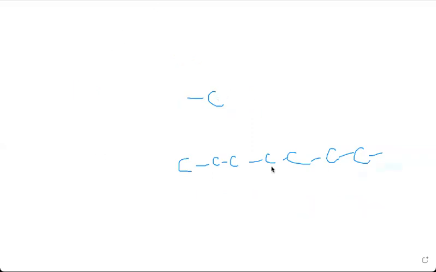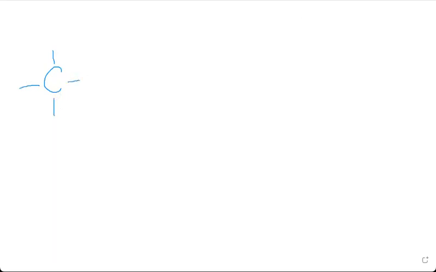For example, if you have a structure which contains one carbon, this is a single carbon. There are two methods by which you can work on the alkane. Number one is direct: you can directly fill the bonds with hydrogen. Otherwise, we do have one more thing, which is called the formula of the alkane or alkene. I'm not moving toward the formula right now because I'm trying to make the topic easier for you. So let's forget about the formula for some time.